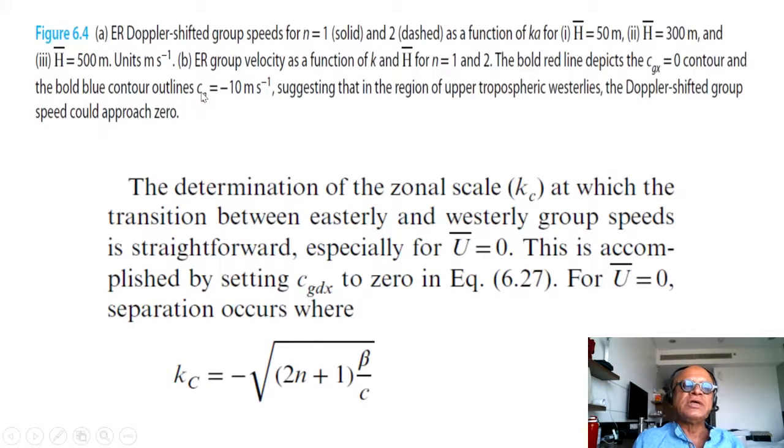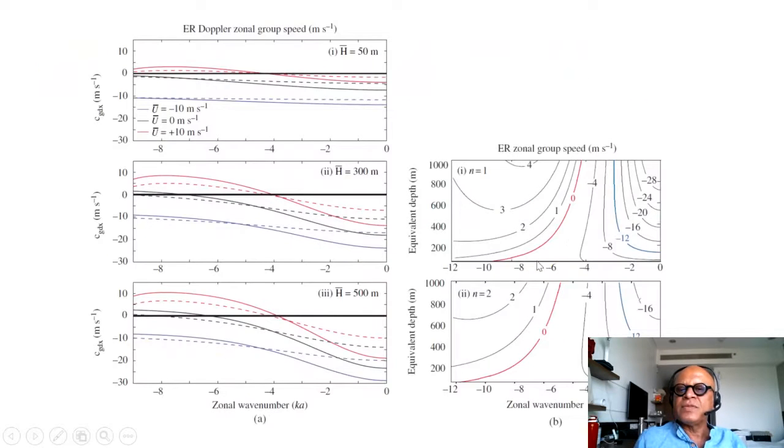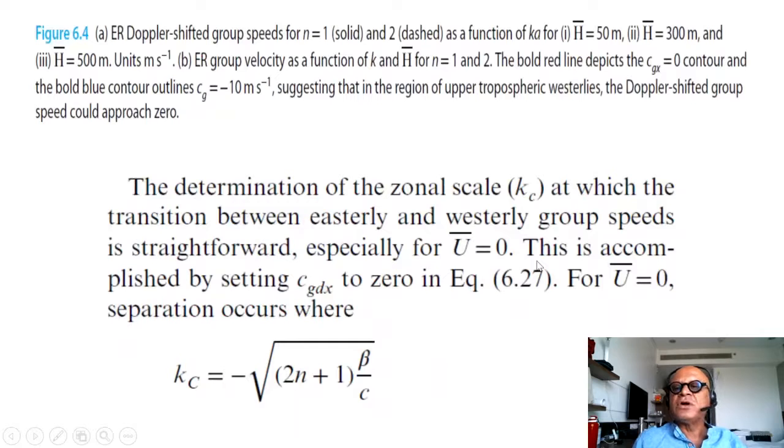So this is showing ER Doppler shifted group speeds for n equal 1 and n equal 2 as a function of zonal wave number for different fluid depths, group velocity as a function of wave number and depth for again n equal 1 and 2. The bold red line here is where the CGX is 0 contour, so the group speed changes direction. Bold blue contours are where the group speed reaches